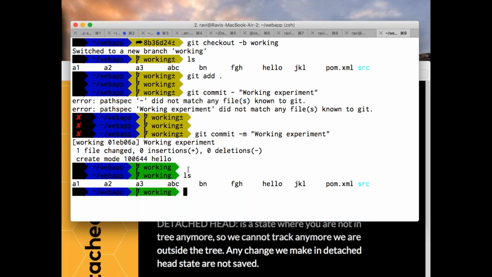Then we checked out the files, whenever I want to undo the changes from my staging back to my working copy. And then checking out into commits. If you are checking out into that specific commit, it means you want to perform some experimentation there, and if your experimentations are good, then you can create a new branch from there, or if not you can simply say git checkout and come out.